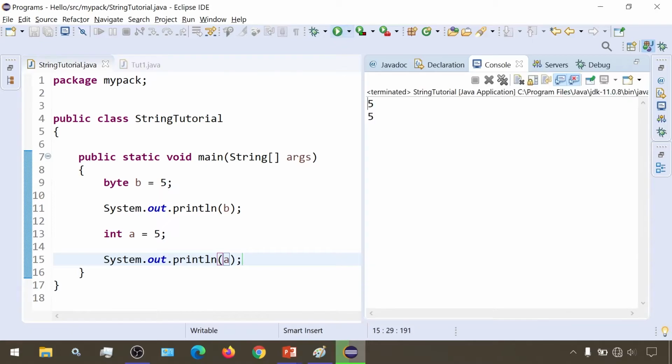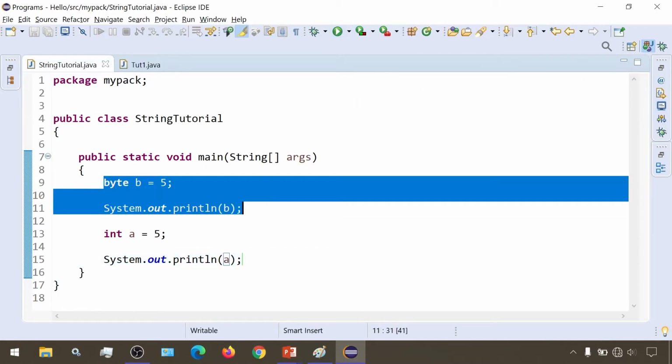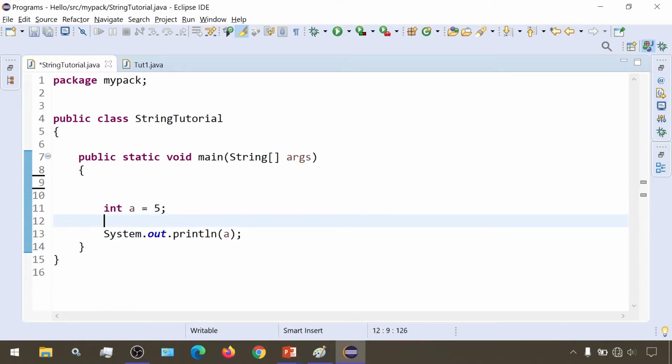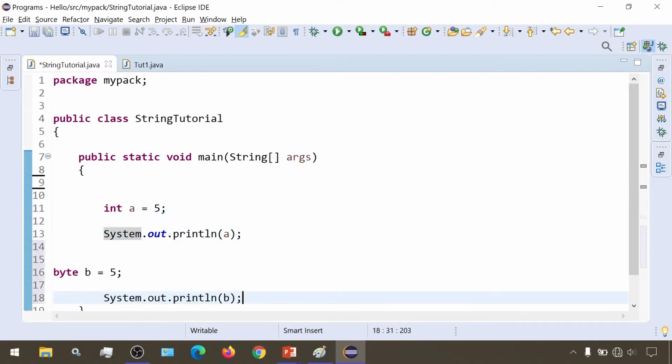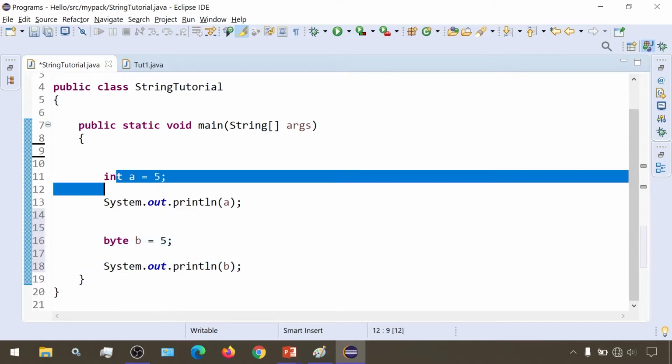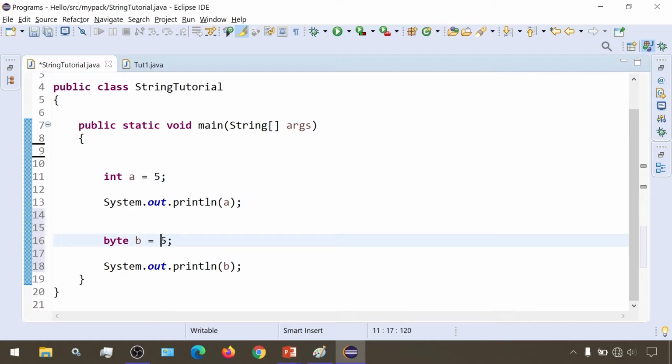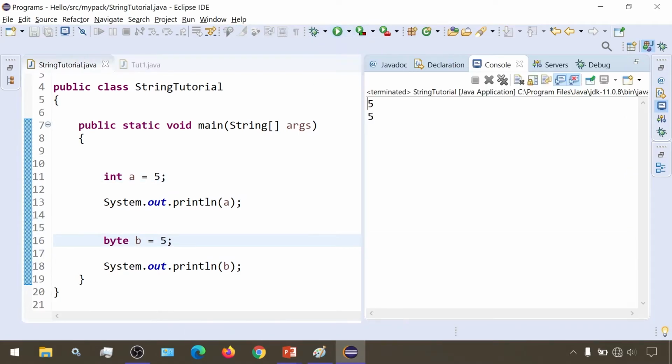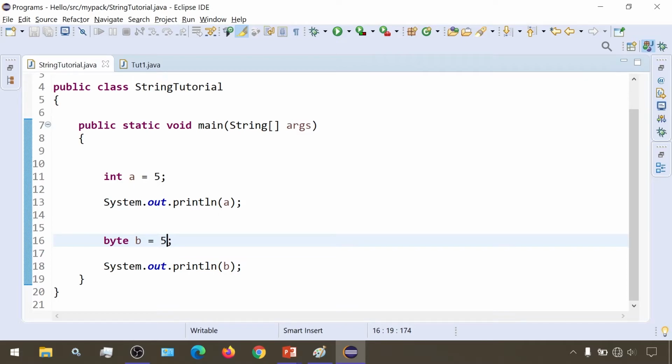When I run this, in both cases I'm getting my output as 5. First the int value 5 is printed, and then the byte value 5 is printed.